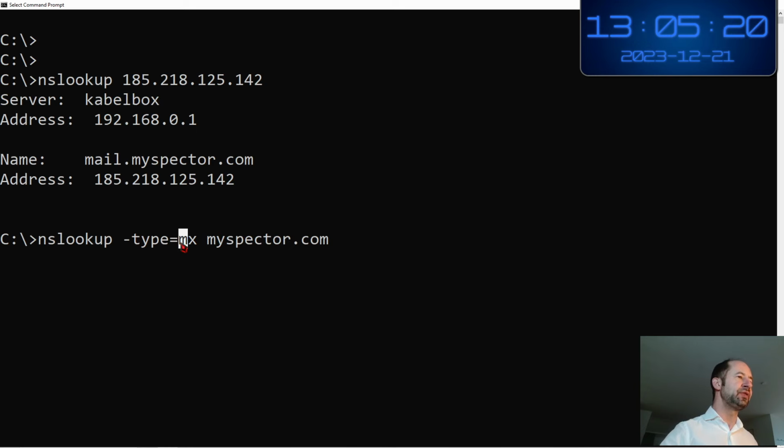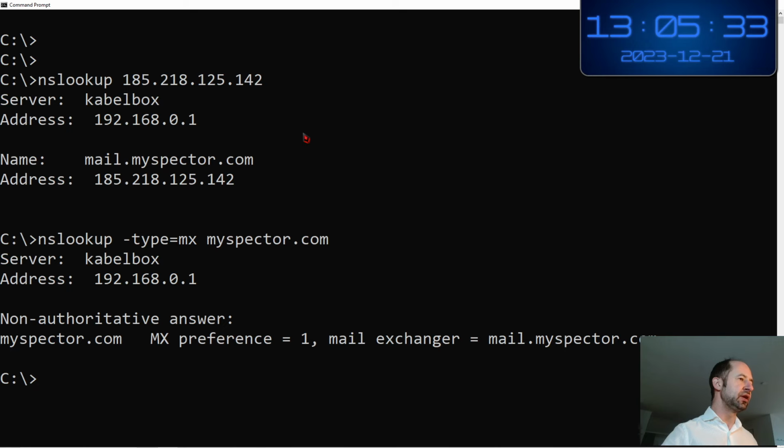So here I specify the type mail exchange to know which is the mail server. I request for the domain myspector.com, and here you see that the answer is myspector.com MX preference, for the priority, one. The mail exchanger is mail.myspector.com.